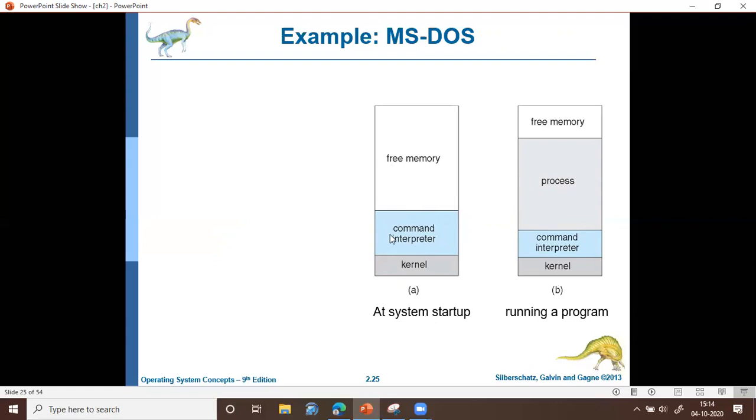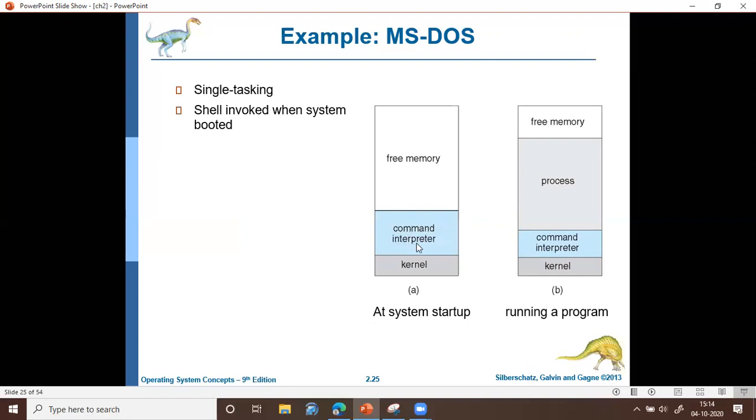If you type any command, that particular process alone will execute. You cannot run more than one process. Also, you can see that not the full command interpreter is running while a process is running. Only some minimal part of the command interpreter will be running. Once the process terminates, the full command interpreter will come up, and you can type the next command, and that command will execute. This is how the MS-DOS operating system works. It is a single tasking system. The command interpreter is nothing but the shell.